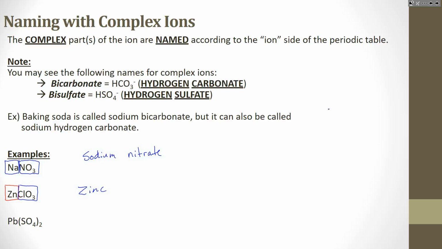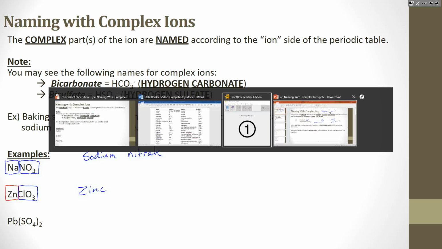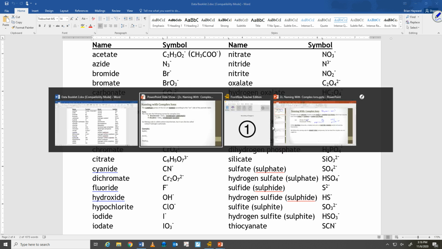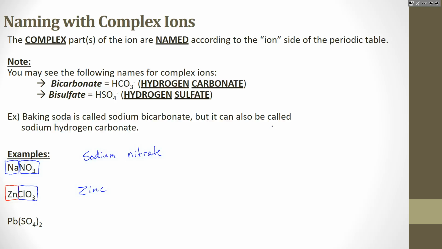And then we look up ClO3 on the back of our periodic table. So I'm going to switch to our periodic table. Here it is. Let's find ClO3, and it's this guy. So that is called chlorate. So we're going to call that zinc chlorate. How do I know it's the ClO3 minus? Well, because when you break this down, you're going to get 2 positives and 2 minuses from there. Okay, let's do the next one,